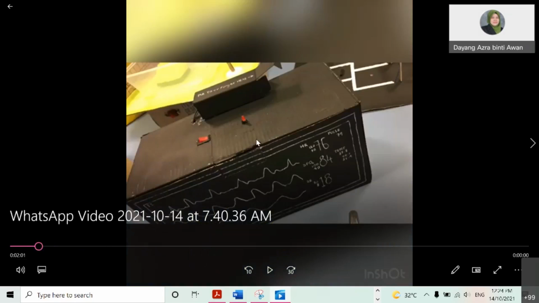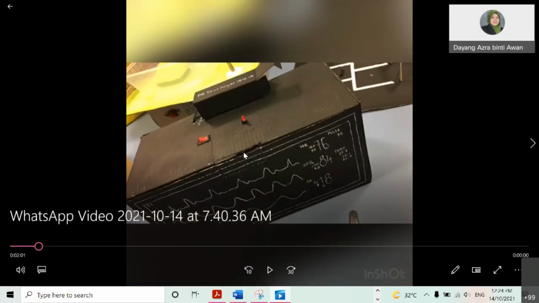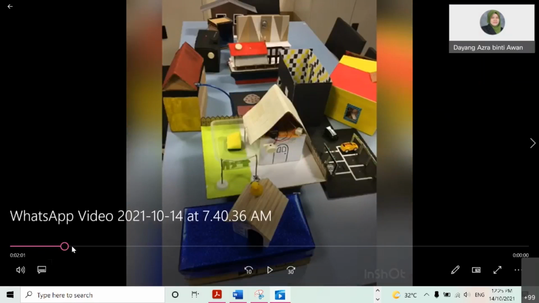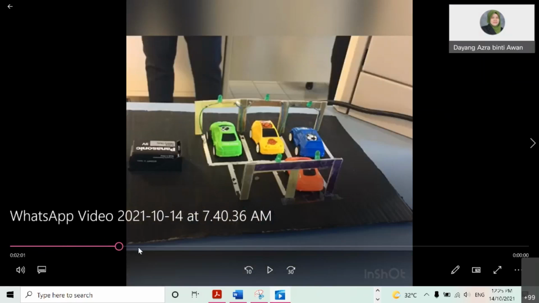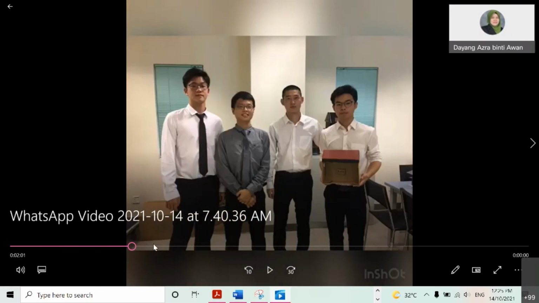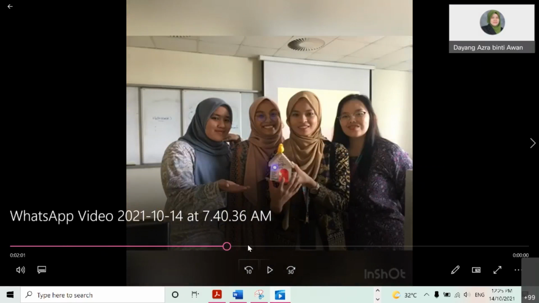This is heartbeat sensor. You letak you punya finger inside. Okay, so this one is saya rasa student ni dia beli dekat Shopee. Okay, so you punya heartbeat detector. Okay, so all the connection here, beep-beep dia akan menyala kat sini lah according to you punya pulse. And then right here, there's a car. This is some of them lah yang ada. Sometimes ada juga yang untuk motor dia bukakan kipas.